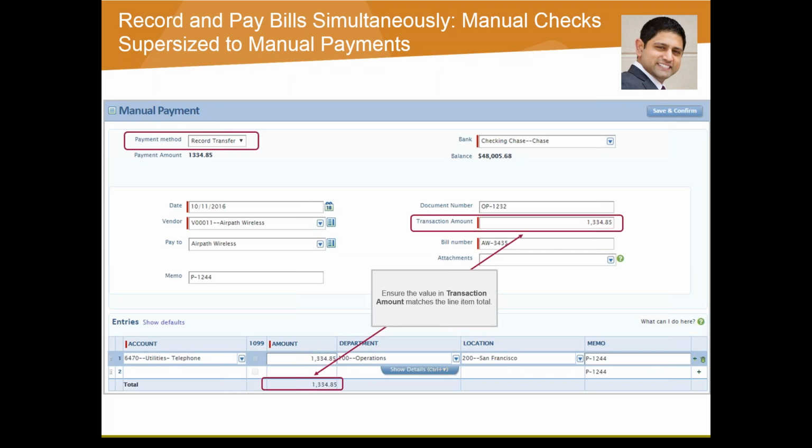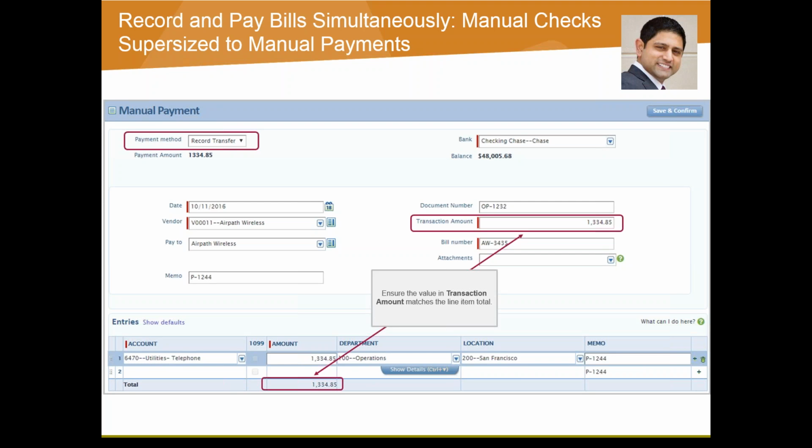Manual checks, the business case for them has been typically that you've done your payment run already, but let's just say you get a collections notice from FedEx, and they say, hey, you haven't paid this bill yet. We need to have you pay this bill as soon as possible before it's sent to collections. Well, outside of the standard payment process, manual checks has given you the ability to create one on the go: debit your expense, credit AP, debit AP, credit cash, all in one step.